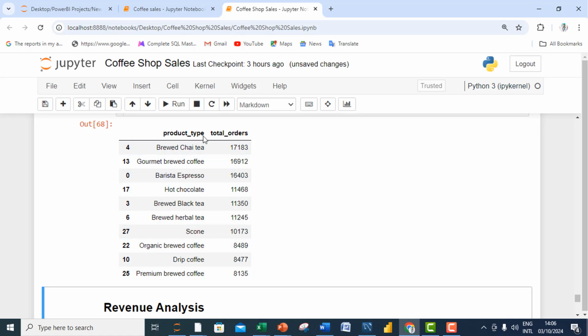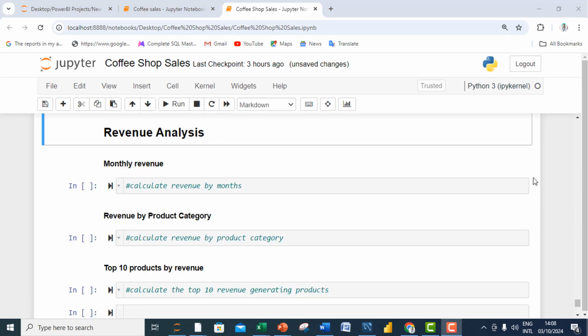So here are the top 10 products by the total order. The brewed chai tea leads with a total of 17,183 orders, followed by the gourmet brewed coffee and then the barista espresso, which ranked third by order. So our next analysis will focus on the revenue generated, and the first analysis will be the monthly revenue. So we want to calculate the